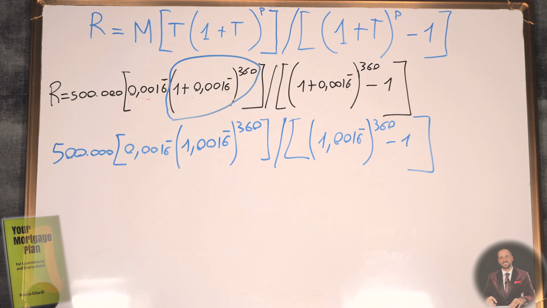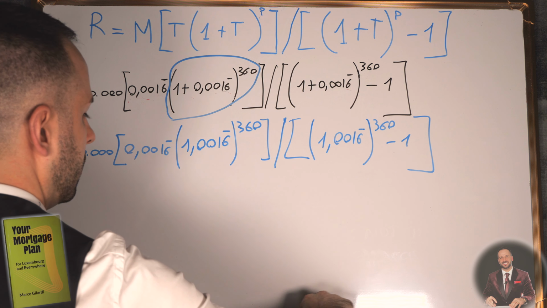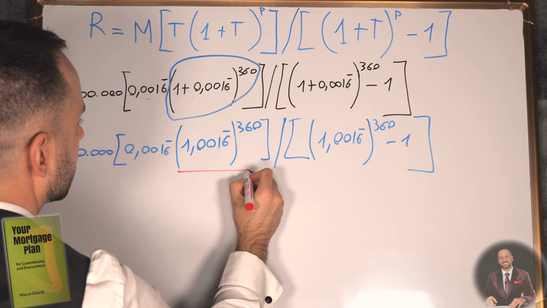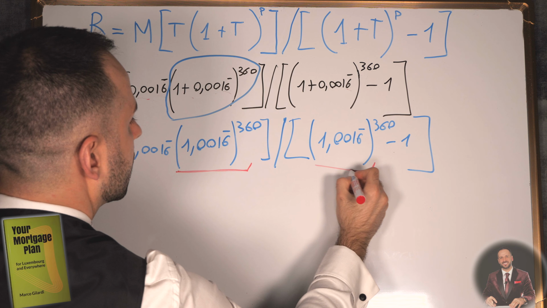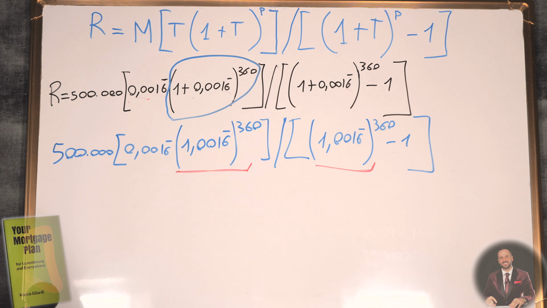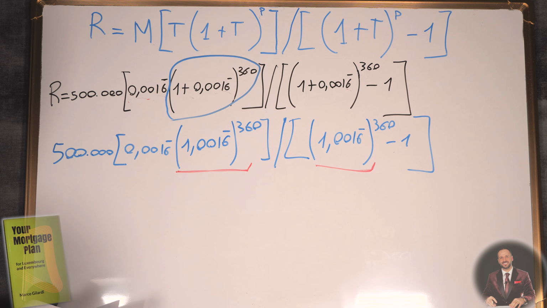Okay, then next step. What about the next step? Next step is to do this one. We have to calculate this. This is the priority. You see, this and this. So this operation and this operation. So we will have the next step. The value of this, it will be